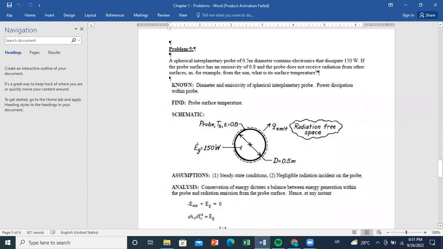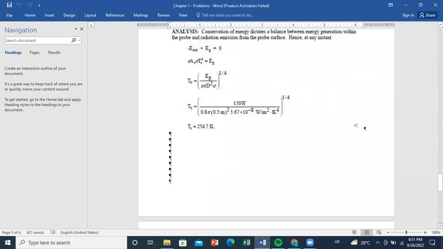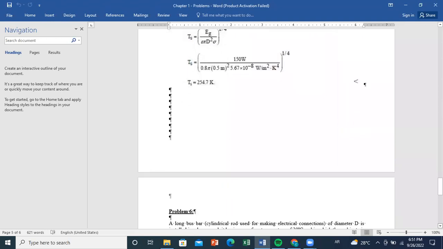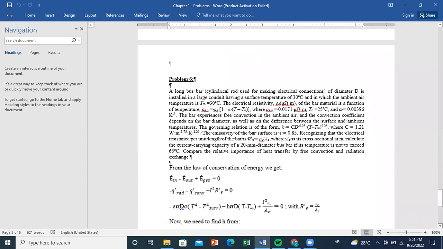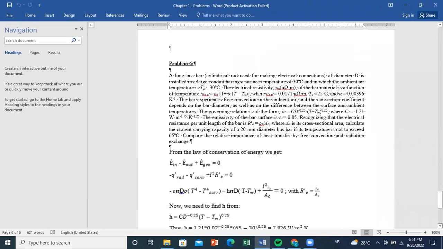Let us move now to a more complex problem involving several processes. So we have here a long bus bar of cylindrical shape that is used to make electrical connection. It's characterized by a diameter d and is installed in a large conduit having a surface temperature of 30 degrees and in which the ambient air temperature is T infinity. So if we illustrate the problem here,